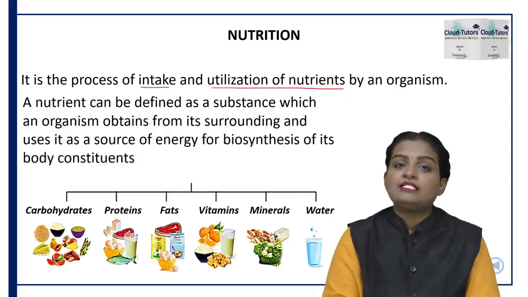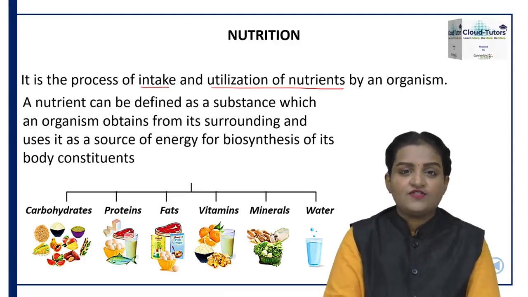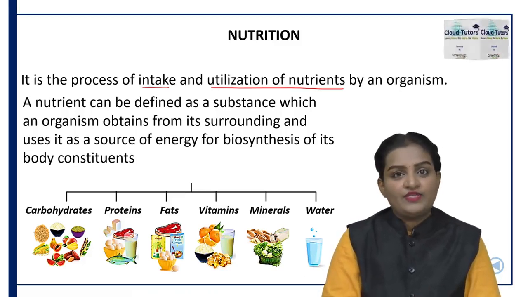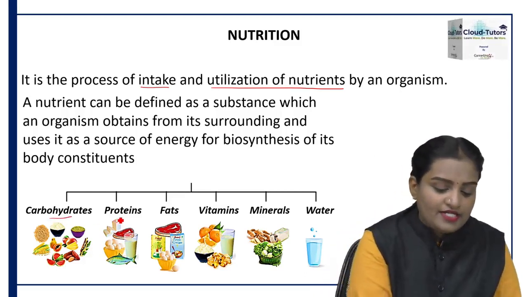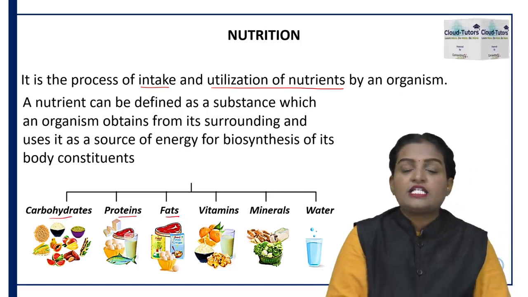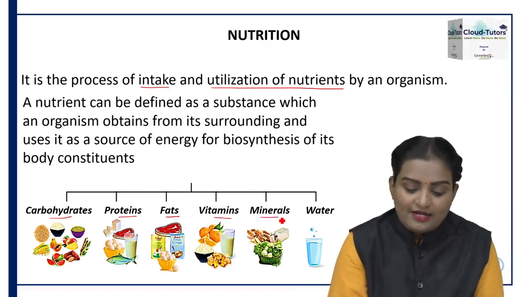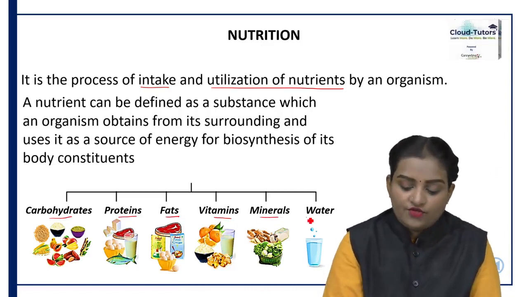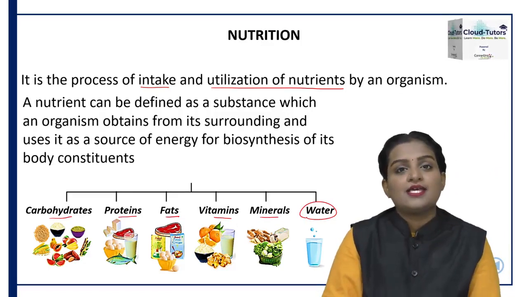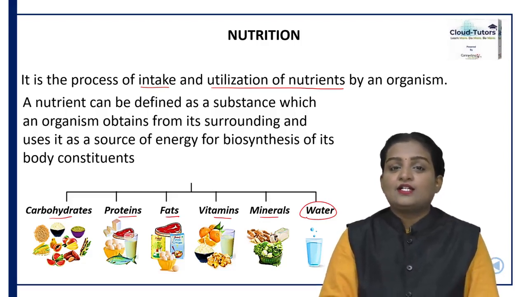These are chemical molecules which are needed for our bodily functions, and they are obtained from the surrounding area. Examples can be carbohydrates, proteins, fats, which are considered macronutrients, vitamins and minerals, which are considered micronutrients, and of course we need water, because every reaction in our body occurs in a liquid medium, that is